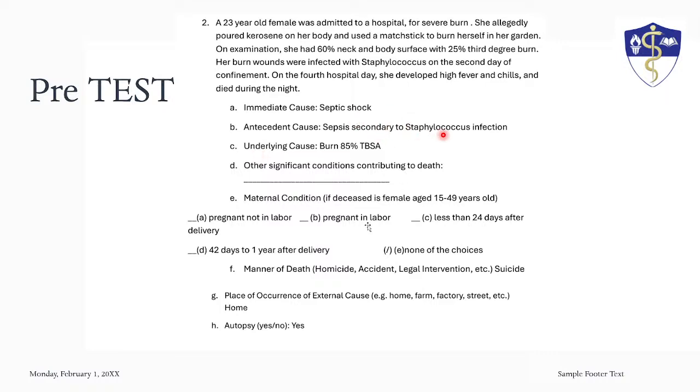Okay, and then yung pyoderm, infection of the skin. Yeah. Secondary to the staphylococcal infection po. Okay, tapos yung kwento dito sa underlying cause, nothing to be placed on the other significant kasi nothing else was identified, but you will place suicide here. Okay, yung place of occurrence at home.